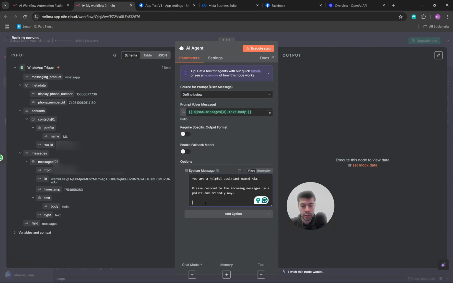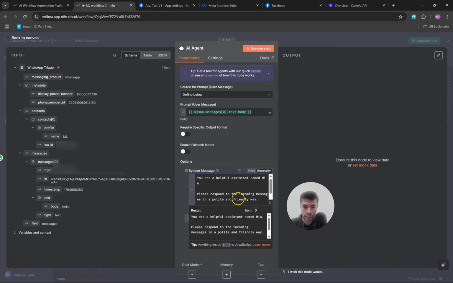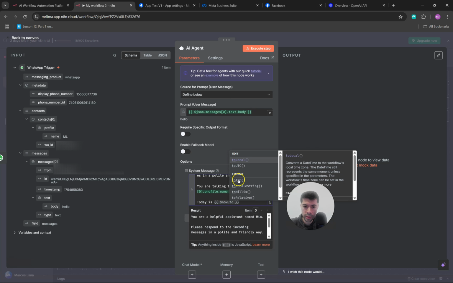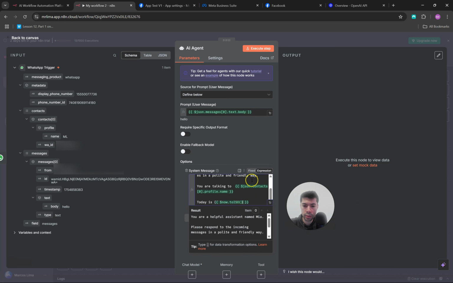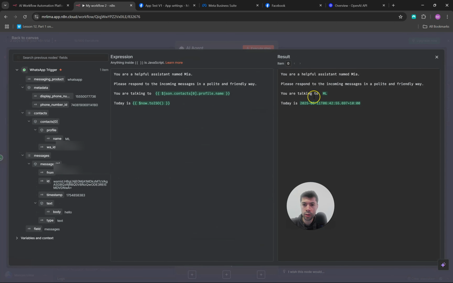In this case, I'm going to type here, "You are talking to," and then under contacts, you come here to name and drag that variable. And now you can also say "today is," then you use the curly brackets twice and select now, type on dot and choose this format. If you want to know exactly how this looks, click on here and then you can see exactly how